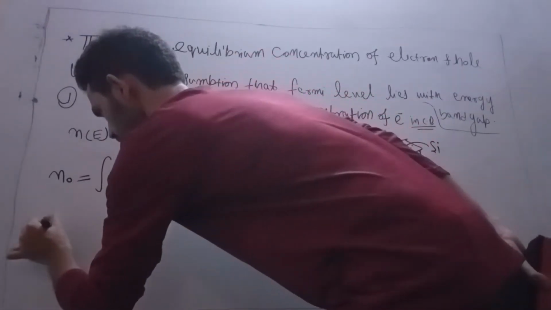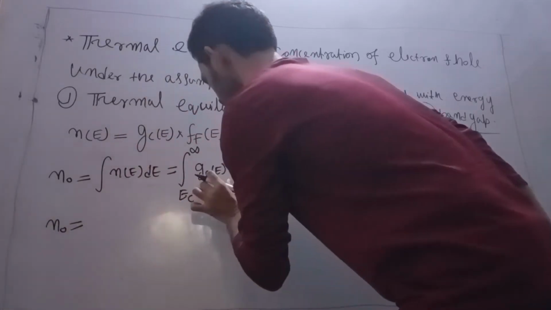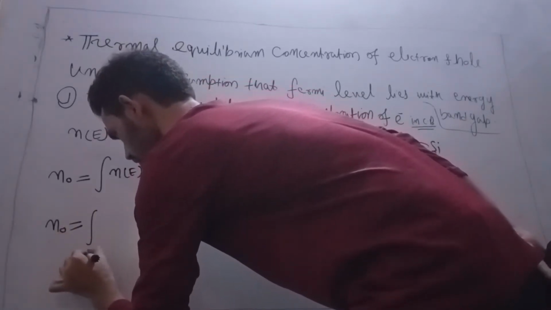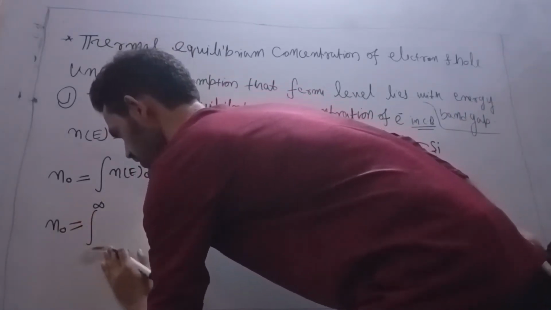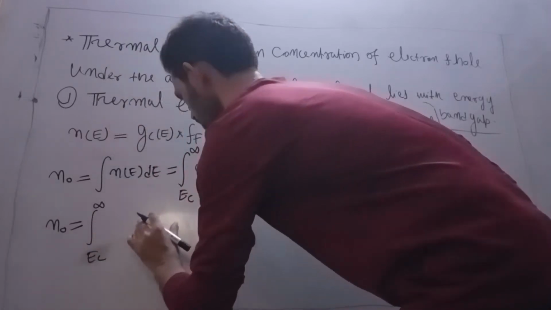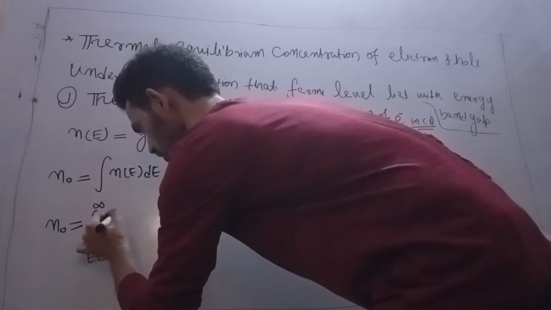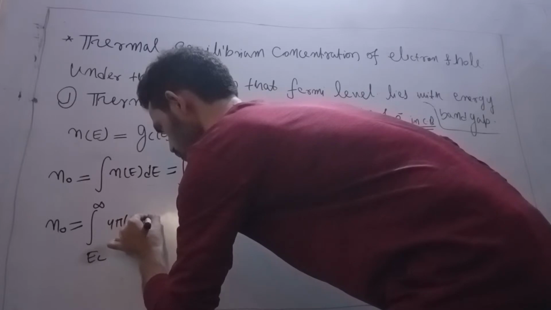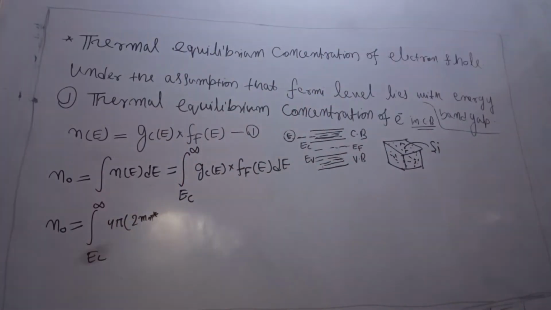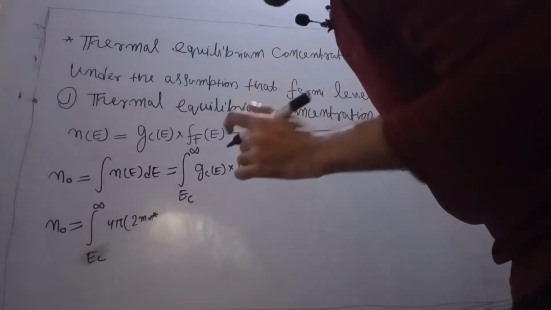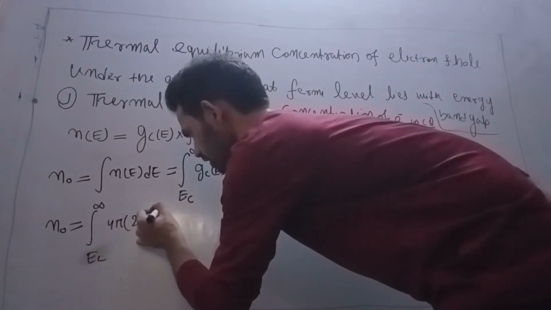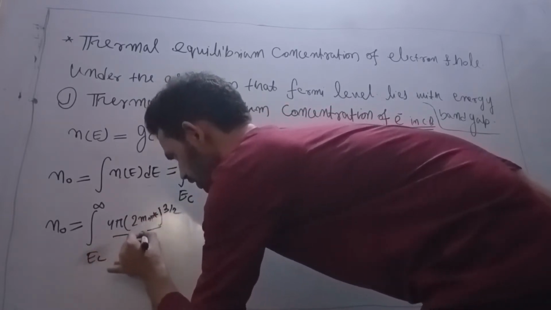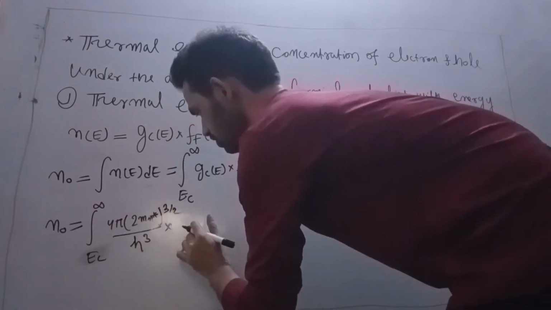Then let us put in the values of GC of E and F of E. This is the density of state function. The integral runs from EC to infinity. GC of E is nothing but 4 pi into (2 mn star) to the power 3 by 2, divided by h cube,